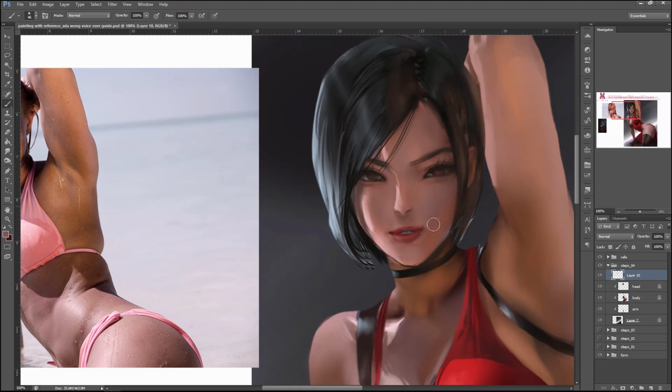Clean this up. Have a bit of blush. And then a bit of eyelashes. This is really not big enough for a portrait. I might have to make this canvas a lot bigger. I'm going to increase, actually no. I'm going to add more